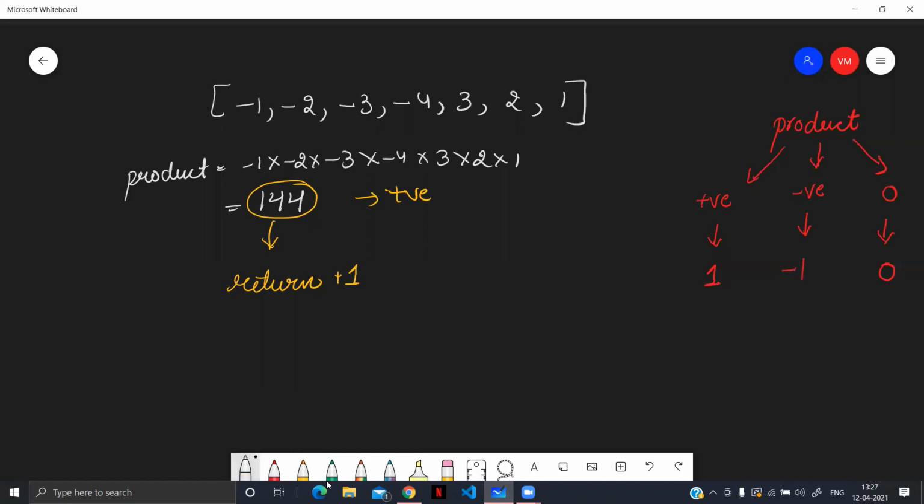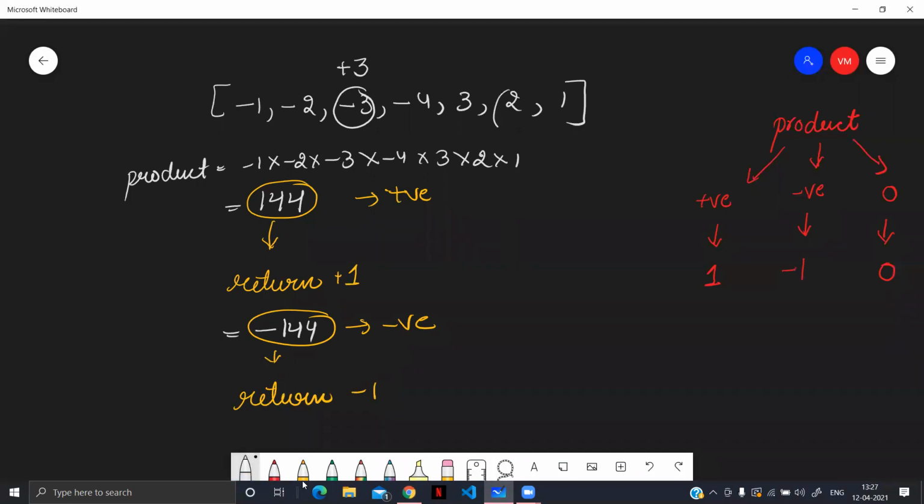If in case of -3, if we have +3, then the product will come out to be -144, which is a negative number, and we will simply return -1 in this case.